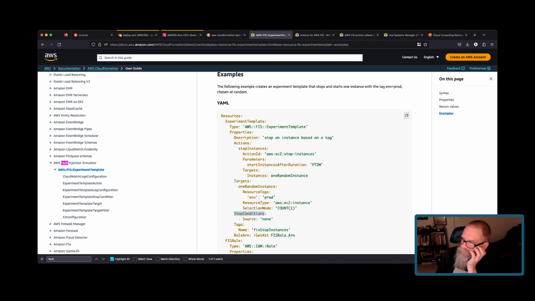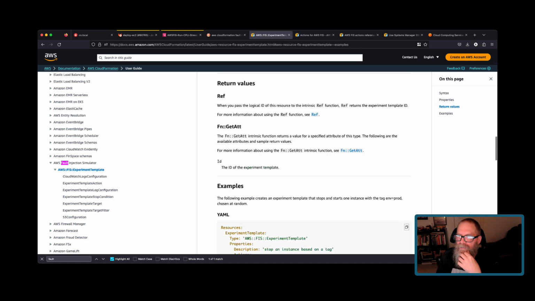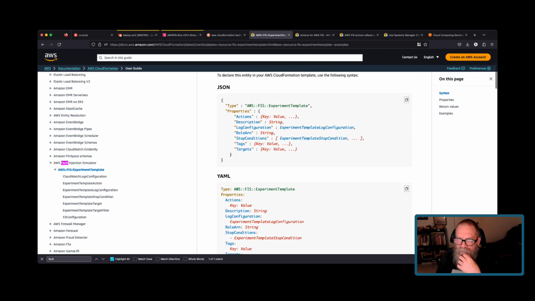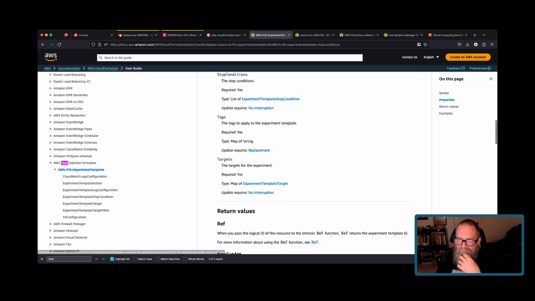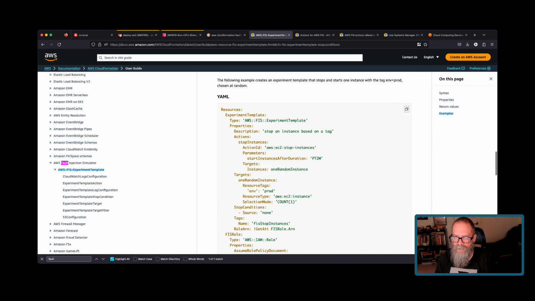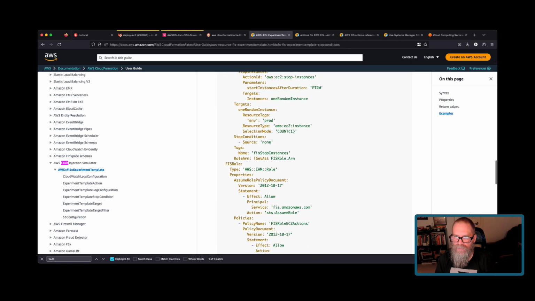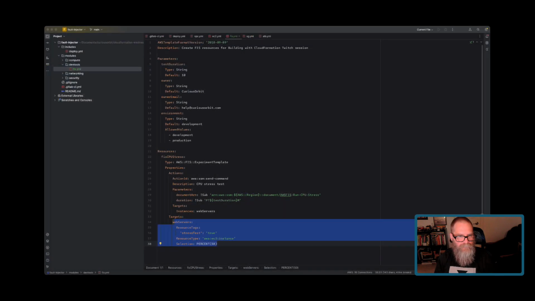Stop conditions is kind of like a guardrail. If something goes sideways, when do we tell it to stop? Do we need that? I think in our environment, does it matter? It is required. Okay. Well, we're gonna borrow again from here, and we're just gonna say stop conditions none. Okay. So we'll go like this. We're gonna say